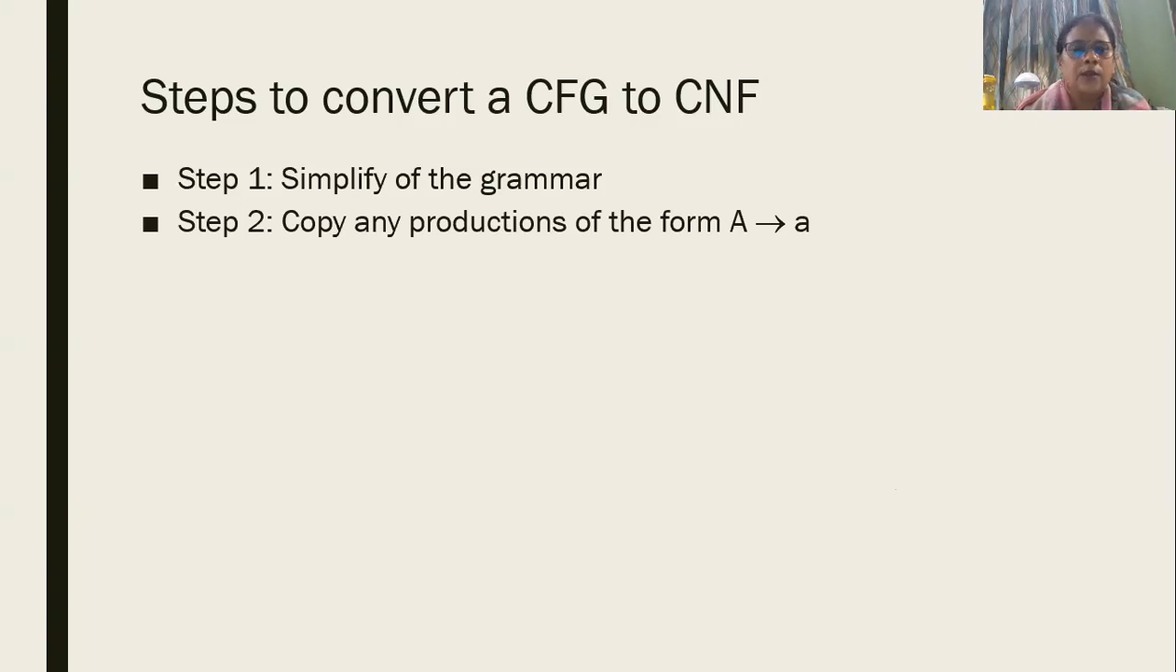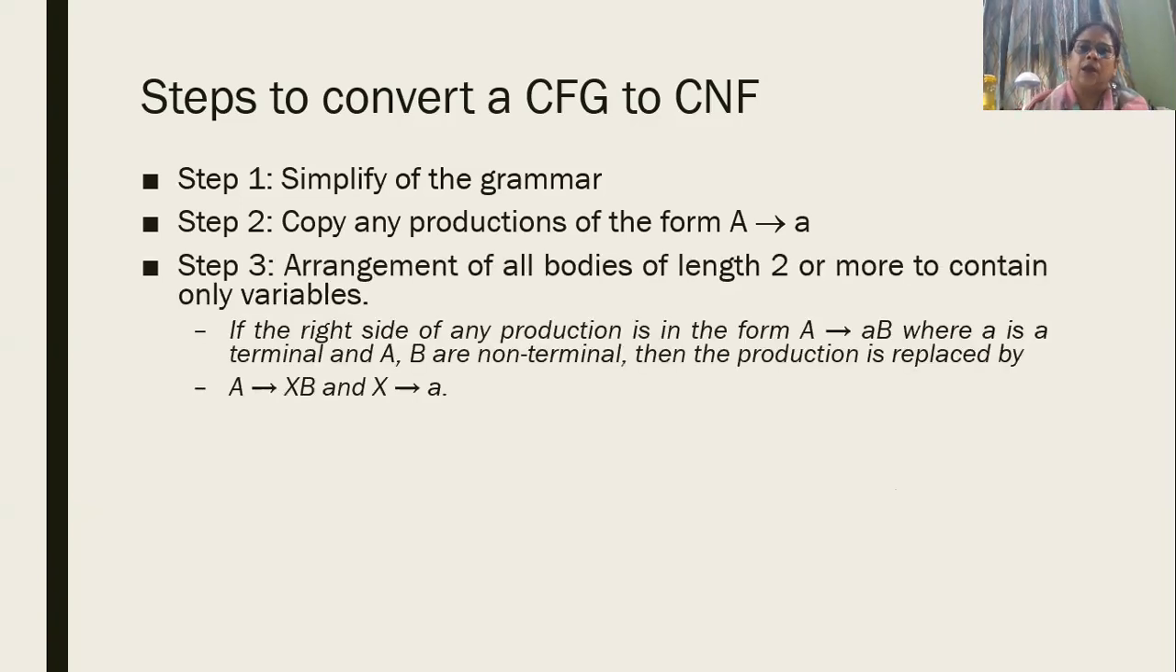Third step, obviously, if there are productions which have bodies of length two, those also would be copied, provided the two symbols on the right hand side of the productions are variables. Okay. Now the next step is that if the right hand side contains a terminal symbol,